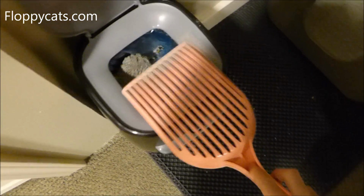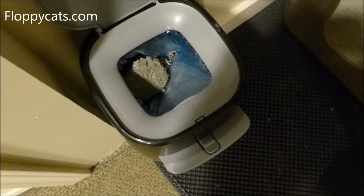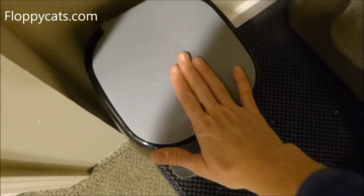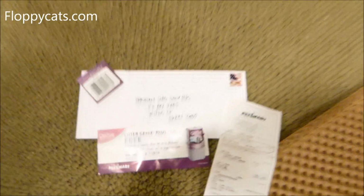Okay, and until I can get a command hook, I'll just put this on the side there. That drops in, as I previously showed. Sorry, I thought that was wet right there. And I will drop it in. I don't leave it just sitting there with the lid closed. And then wanted to mention too,